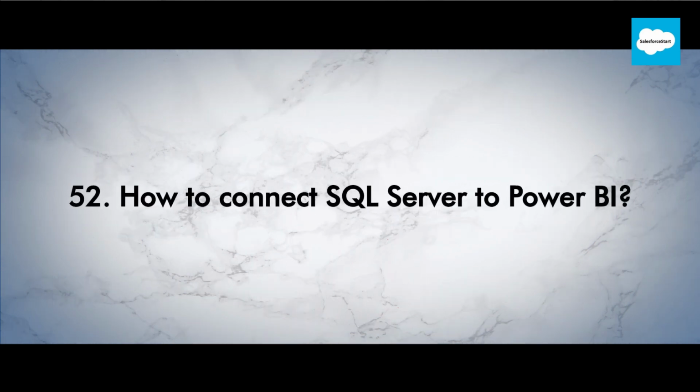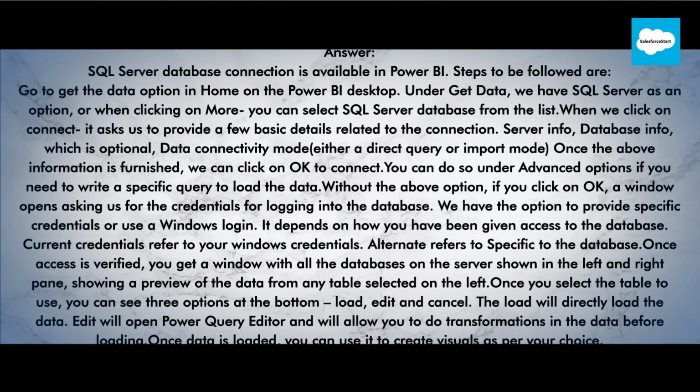52. How to connect SQL Server to Power BI. Answer. SQL Server database connection is available in Power BI. Steps to be followed are: go to Get Data option in Home on the Power BI desktop. Under Get Data, we have SQL Server as an option, or when clicking on More you can select SQL Server